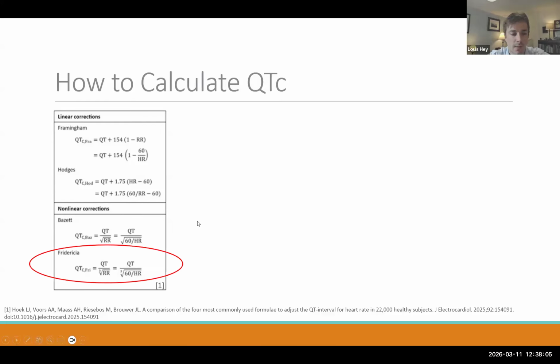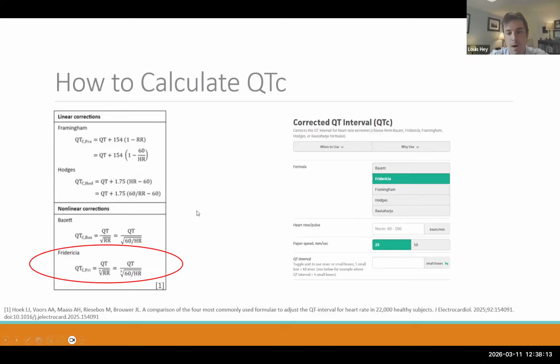And so for that reason, the most recommended formula, especially if it's outside of that 50 to 90, is the Fridericia formula. But luckily, you don't really need to know much about that formula. There's an MDCalc where all you need to do is calculate the QT interval. That's the only independent variable that you need to plug in, besides the heart rate. You can tell from the formula here that you need to know the RR interval, but the RR interval is inversely proportional to the heart rate, so MDCalc can handle that for you. You just pick which formula you want, plug in the heart rate and the QT interval, and then it'll spit out a result.